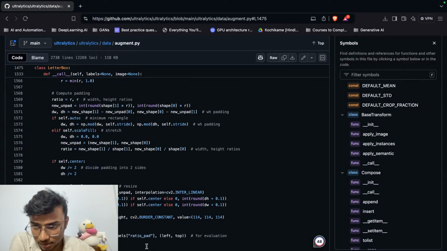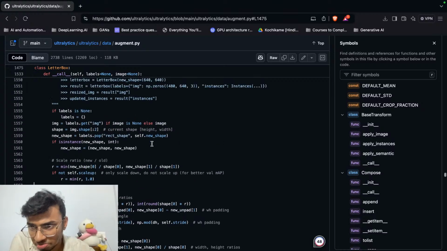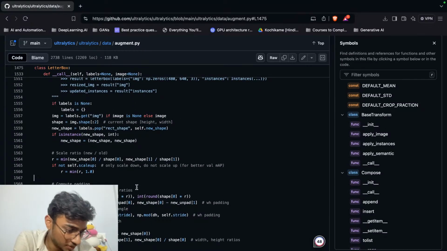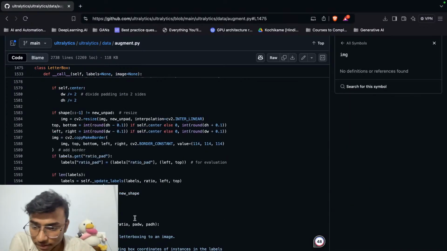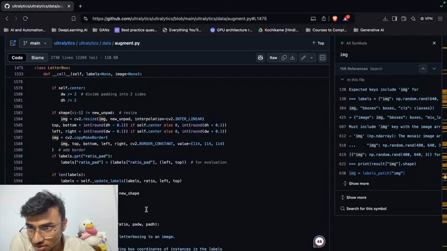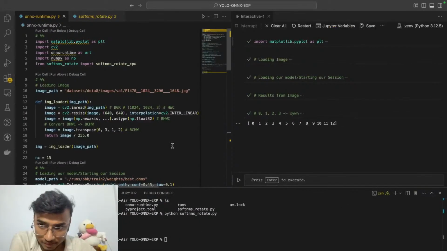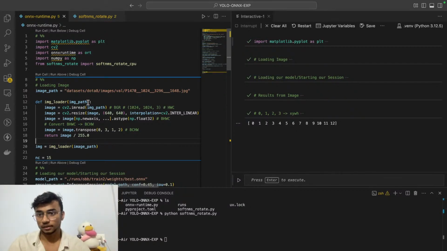Okay, so yeah, as I told you, they do some weird pre-processing on their images. I don't know why, but I guess I understand why. Maybe they just show the best results like this, and that's why they want to do it like this. But yeah, we don't want to suffer too much. I have suffered once. So what you do is you give in your image path, and now we also give